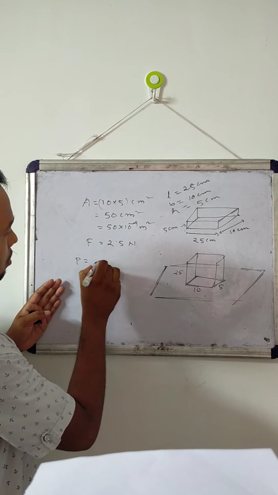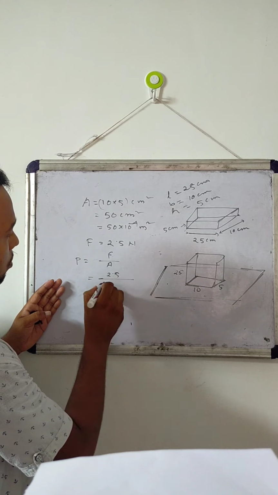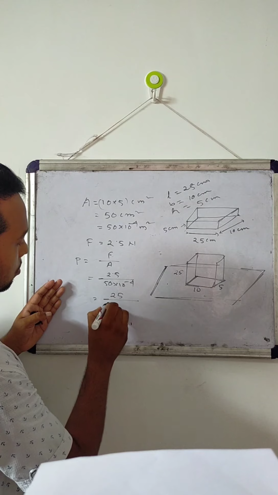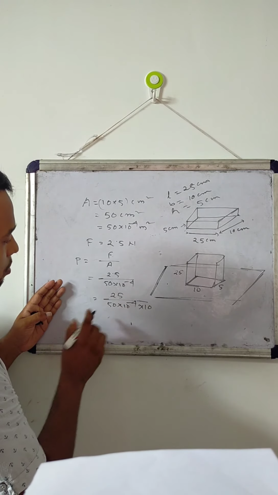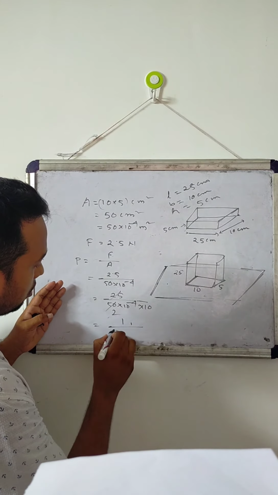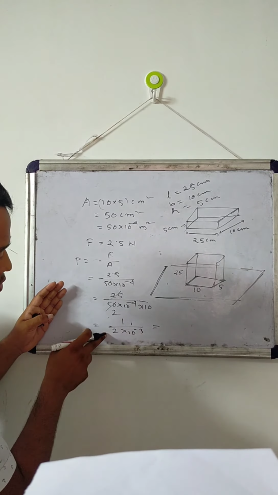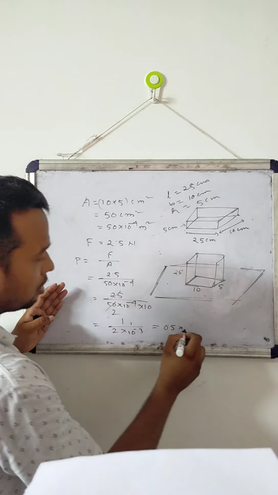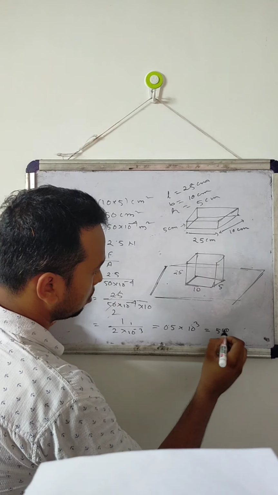So pressure will be force by area. So 2.5 by 50 into 10 to the power minus 4. So 25 by 50, into 10 to the power minus 4, multiplied by 10 to remove the decimal point. So what I am getting? 1 by 2 into 10 to the power minus 3. So 1 by 2 means 0.5 and 10 to the power minus 3 will be 10 to the power plus 3. That means 500